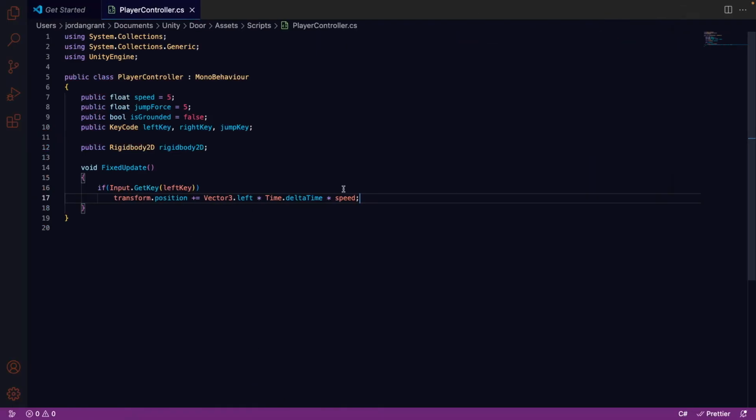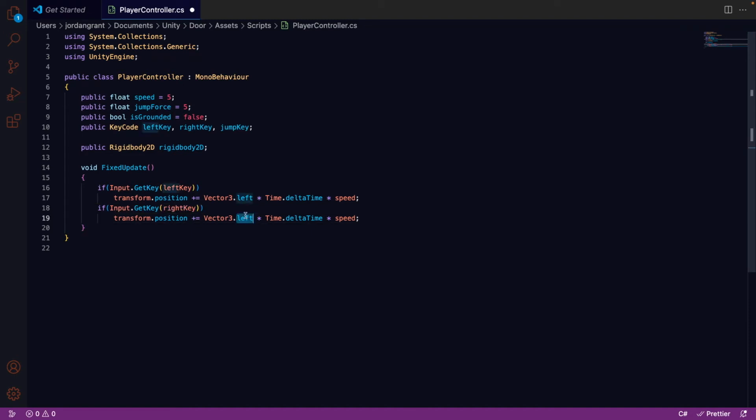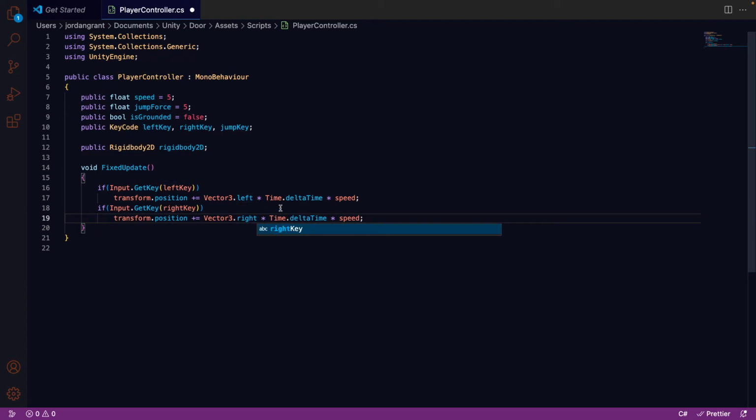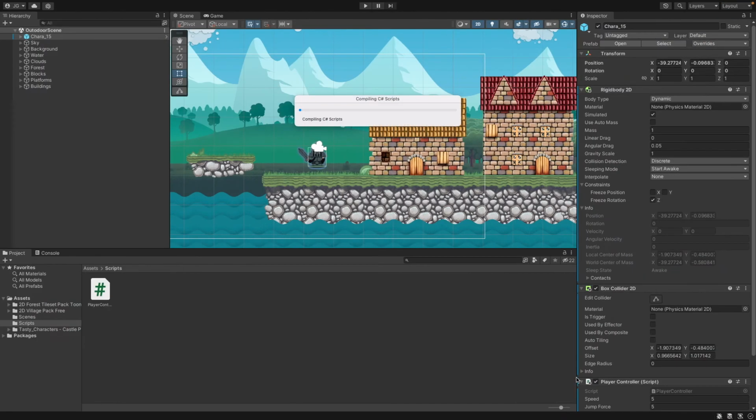Okay, so we need different controls. If we just copy our left key, make this the right key, and instead of making it left, of course there are a few ways of doing right. We can do Vector3.right. We can do minus Vector3.left. I'm just going to keep it simple and go right. Okay, so now if we go to Unity quick and press play now,